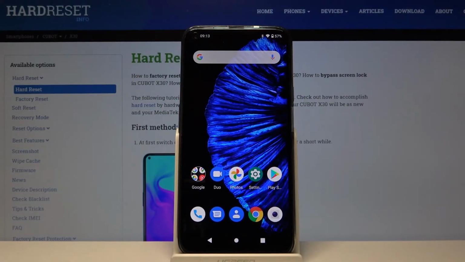Welcome, here I've got CUBOT X30 and I'm gonna show you how to change volume button function in the camera